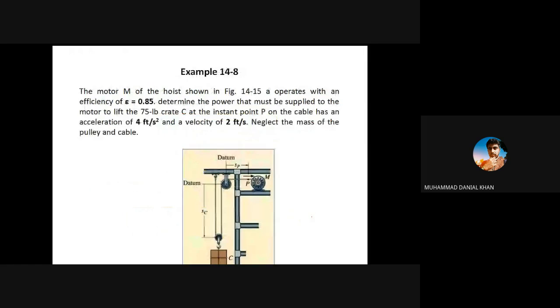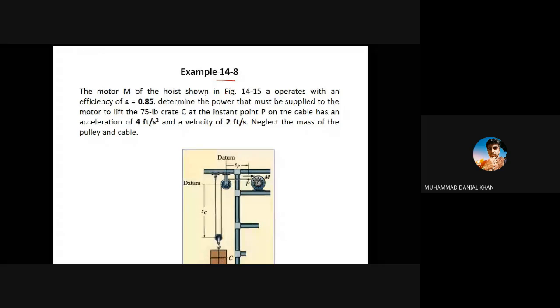Okay, so now let's have an example on this topic, or let's use the principle of work and energy to find out the required power or the efficiency, or to utilize the terms power as well as efficiency in our dynamics problem with the help of the principle of work and energy. So the motor M of the hoist shown in figure 14-15, this is example 14-8 of your R.C. Hibbeler book, operates with an efficiency